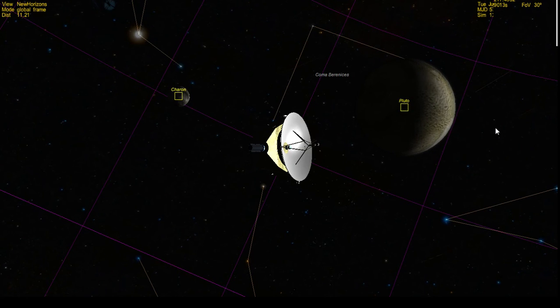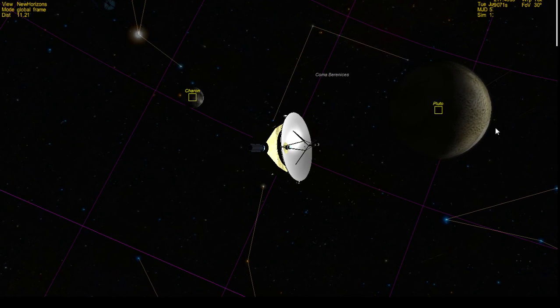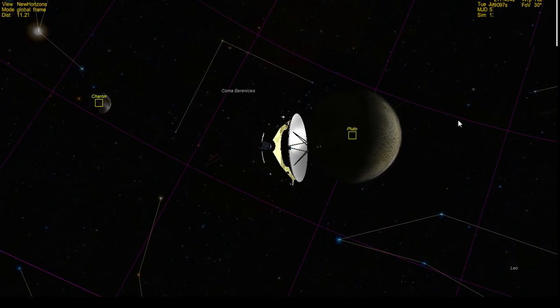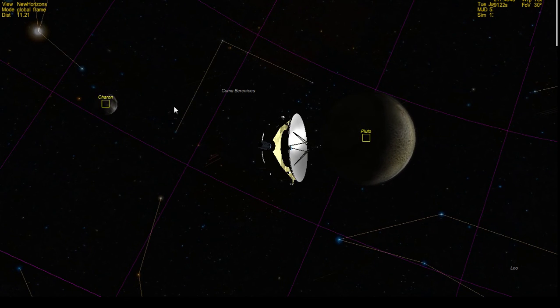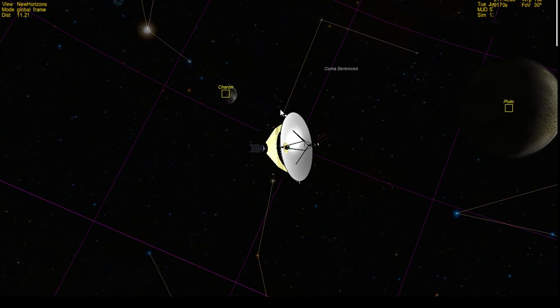So we're heading towards Charon, and we'll reach Charon at 12:03. So let's just time warp these 13 minutes. And look at that. I have a feeling we're getting further, aren't we? And Charon's actually getting quite big. Since Pluto's discovery, we knew about Charon, because it's almost the same size as Pluto. In fact, it's so